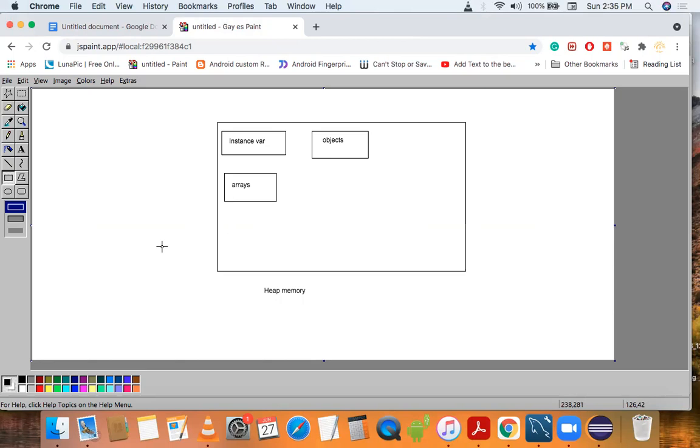So our program can communicate directly with JVM by using runtime objects. Through this runtime object, we can get some kind of information like what is the total memory of heap size, what is the maximum size of heap, what is the free memory of heap area. So let's try to understand by a program.